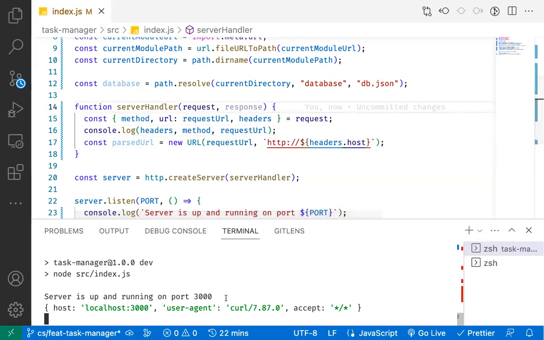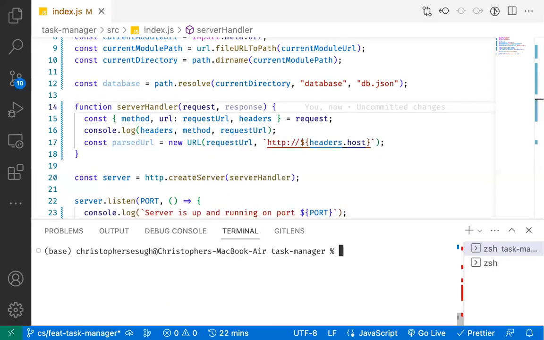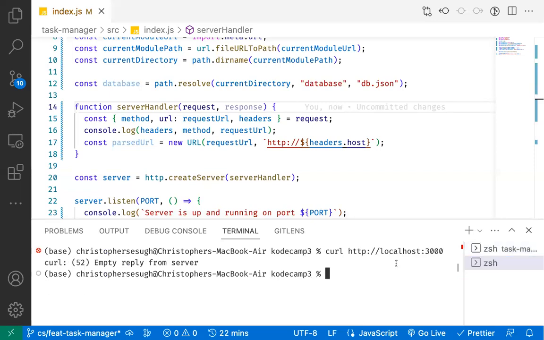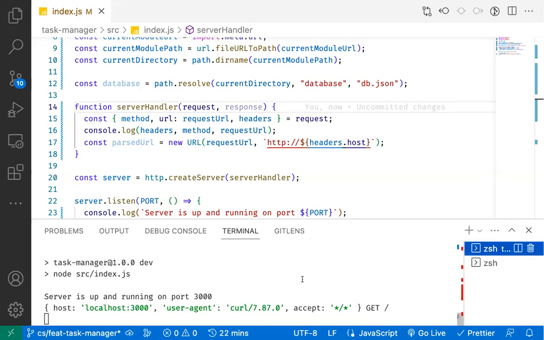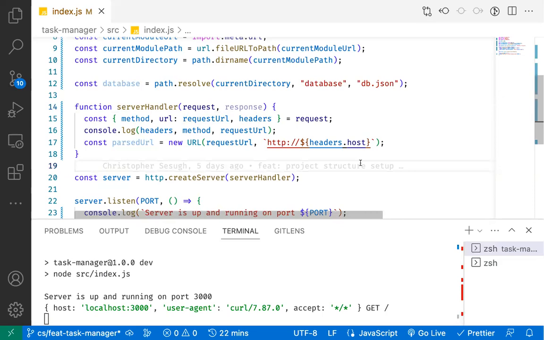Then let's see what we got. Let's send our request again. Okay, as you can see, the headers is an object, the method is get, and the request URL is just a /. That means everything,